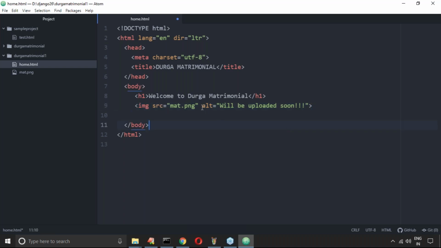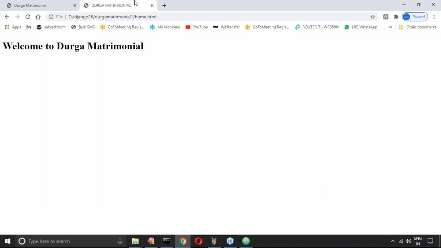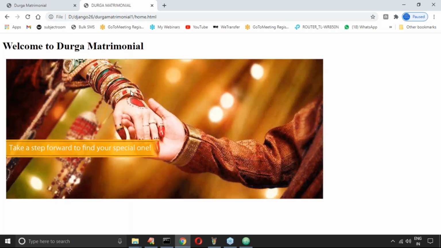Yes, Venkatramana, we covered this one already. ALT means alternate. By mistake, if this image is missing, then automatically we have to take care. We covered this image tag already. Now, let me cross check in our home page, whether the image is coming or not. Yes, the image is coming. So don't worry much about the size and style, all these things, you are not required to worry.